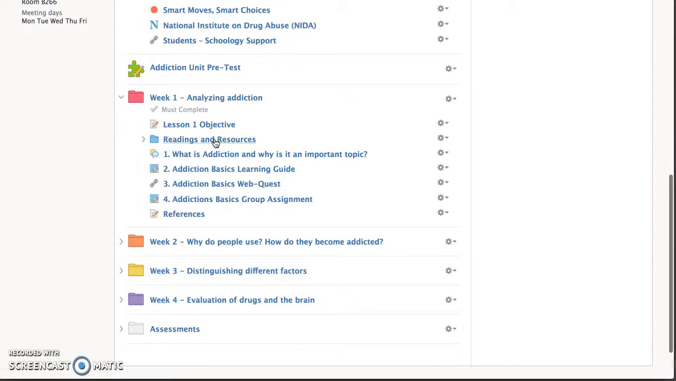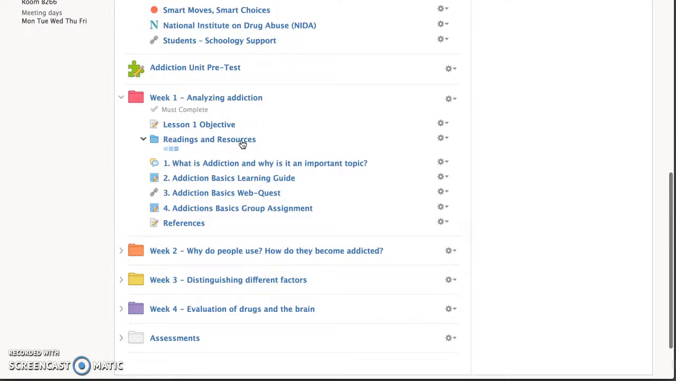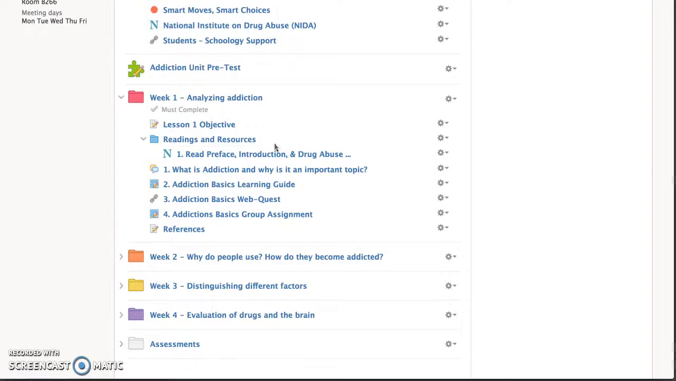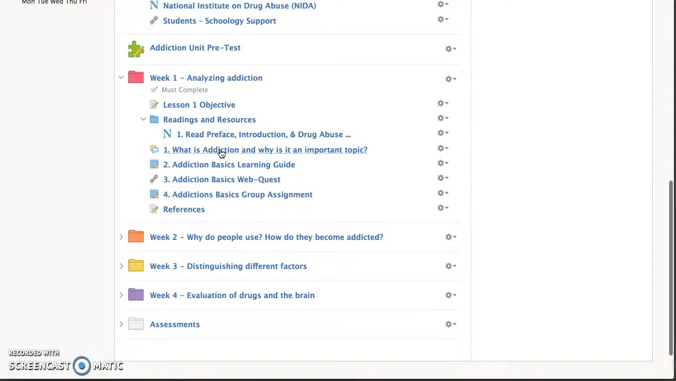It's basically our LEQ. They have a readings and resource folder, which basically has in order what they should be going through. So for this one, it's just quite simple. They're just reading the preface, introduction, and drug abuse sections of the NIDA site. They're going to start with a nice little discussion board and move to creating addiction